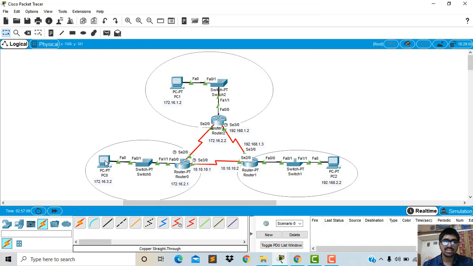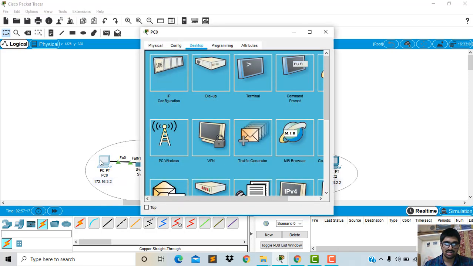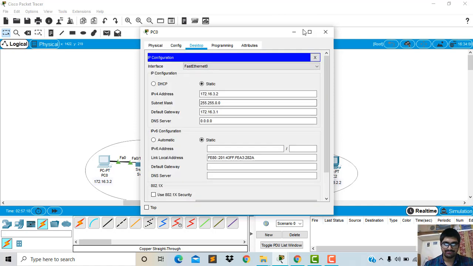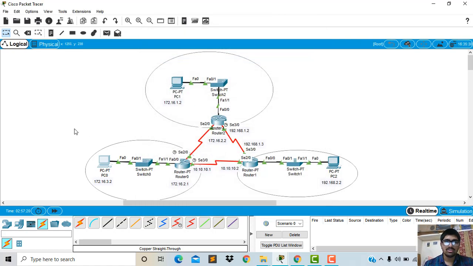Now here for the first PC I have given the IP address as 172.16.3.2 and the gateway address as 172.16.3.1. Now for the router, I have given the IP address as 172.16.2.1 and for router 2, 172.16.2.2.